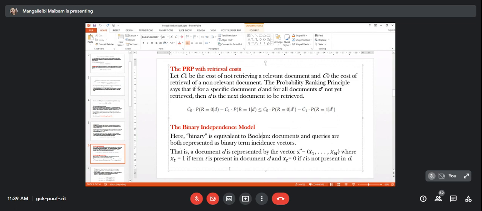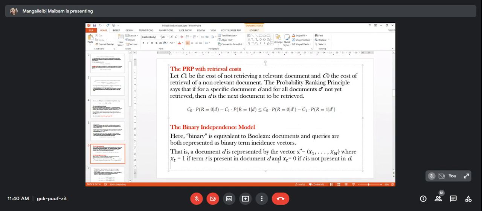That is, if a document D is represented by the vector x, which is equal to x1, x2 up to xn, where xt equals 1 if the term t is present in the